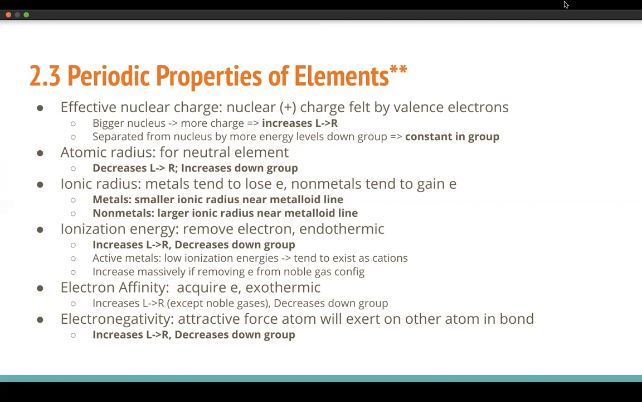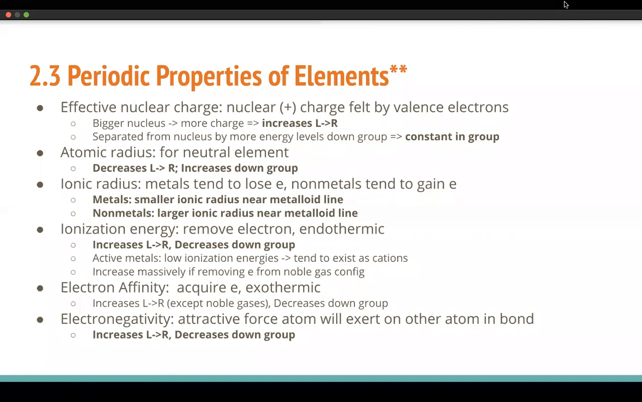It also decreases down a group because there's more electrons, so it's farther from the nucleus. And so the last one is electronegativity, and that's just the attractive force an atom will exert on another atom. And that also increases left to right because the more protons there are, the more attractive force it has. And so this one also decreases down a group because, as I was saying, there's more electrons, so it's